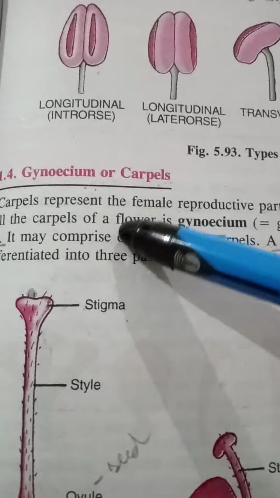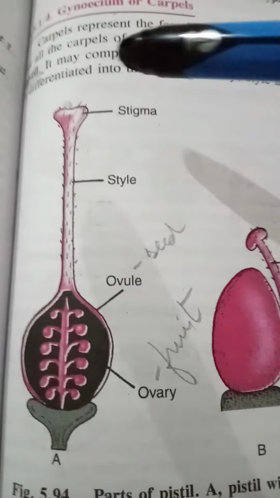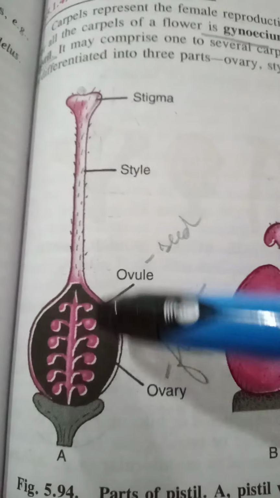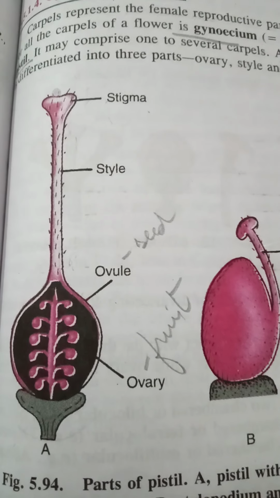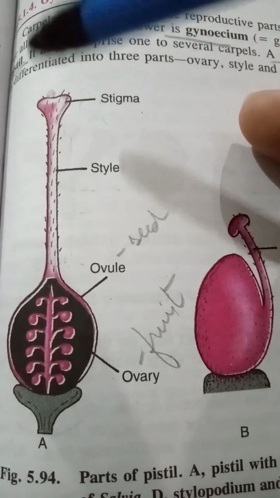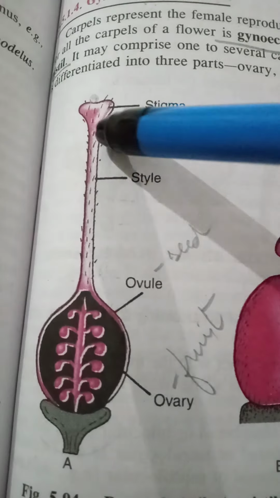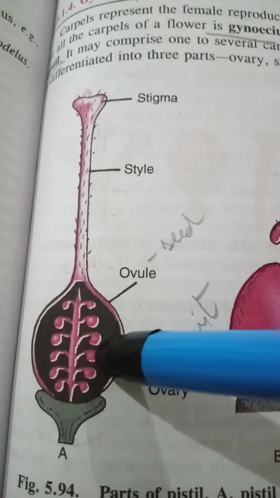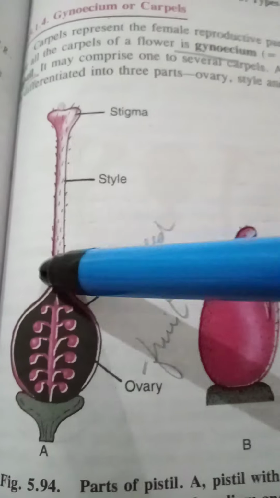Next we come to the gynoecium, that is the female reproductive structure of a flower. Its individual unit is known as carpel or pistil. Now the gynoecium consists of three parts. The stigma, which is the main receptive organ of the pollen grains. That means whenever pollination takes place, the pollens will come and stay attached here. The style, which is the pathway between the stigma and the ovary, and the ovary, which consists of the ovule. That means here the female gametes form. So these are the three main parts of the